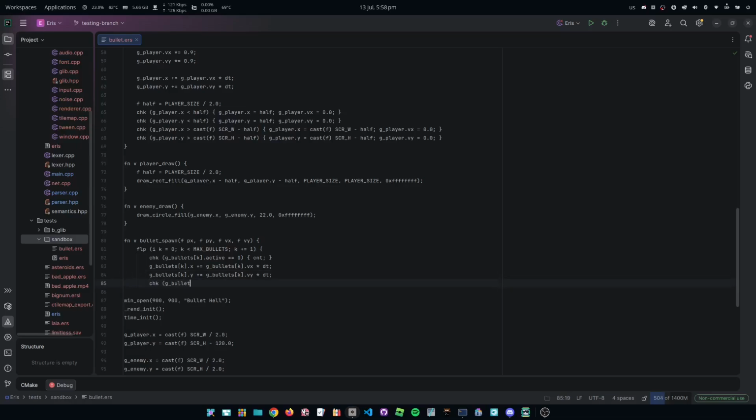So if the bullet X is less than the negative of the rename margin, or